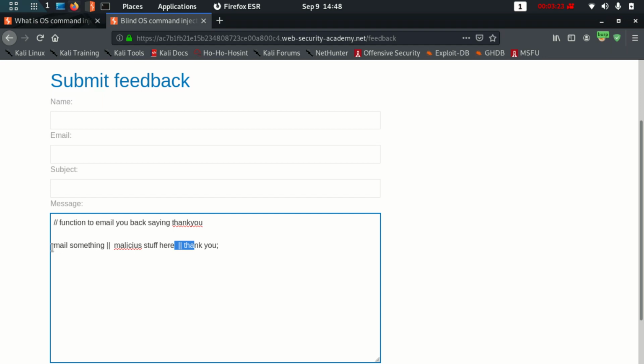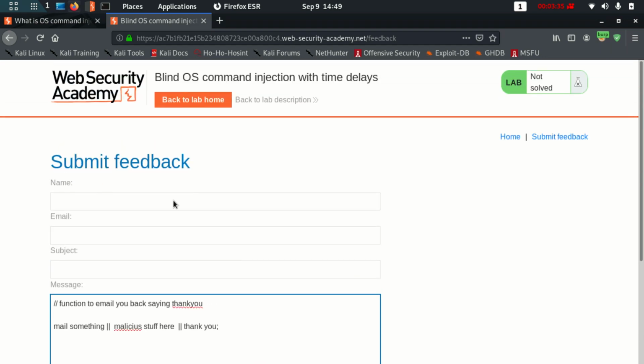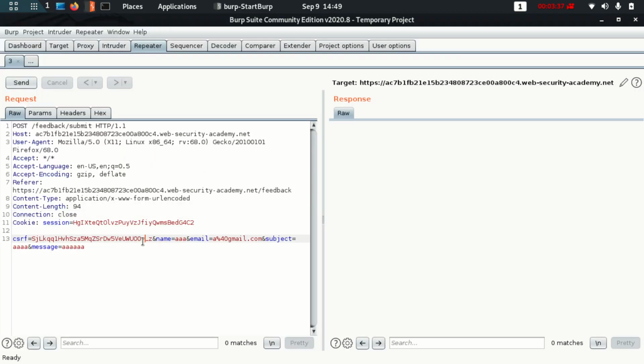This part will become an error, I don't understand this part, but the malicious part will run, and when this runs we have successfully done our OS command injection and we can continue. I know the name is not useful; email is the one you want to do something with.